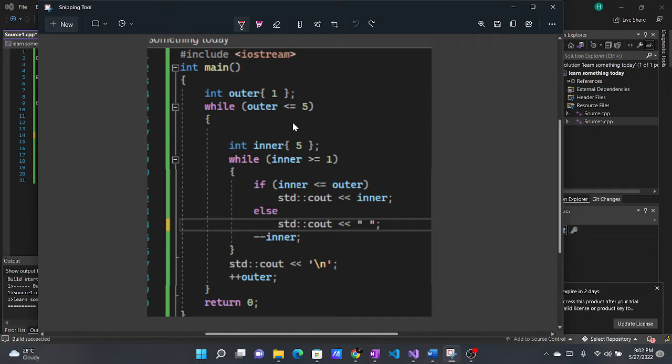Now there's another integer, and we call it inner, the variable, and then we assign a value of 5. Then there's another while loop, and inner has to be greater than or equal to 1. So obviously this is going to pass this test, since 5 is greater. And there is an if condition, where we're saying that inner has to be less than or equal to outer. So we get inner as 5